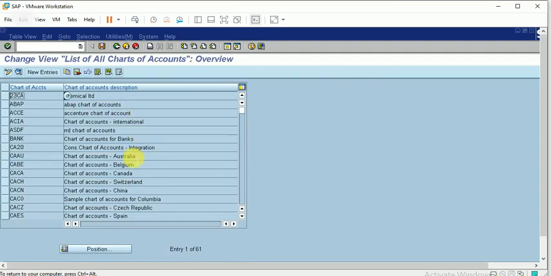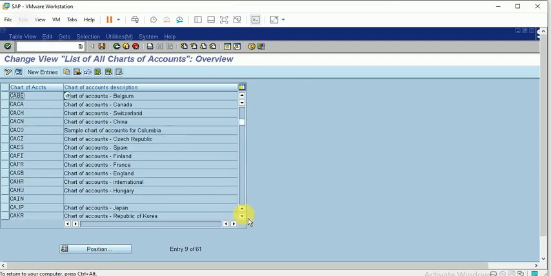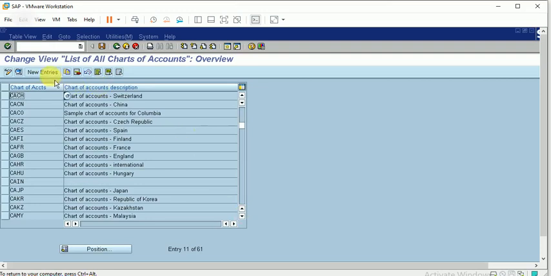I want to create a new chart of accounts. I could copy the existing one and change it, but no, I'm creating a new entry.